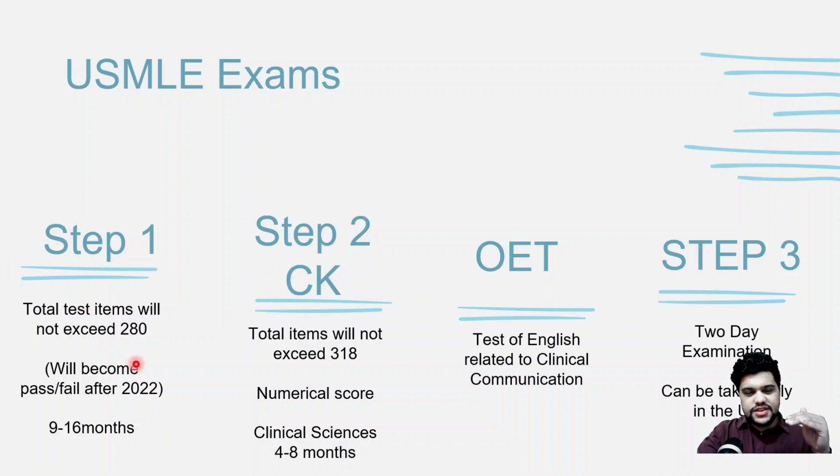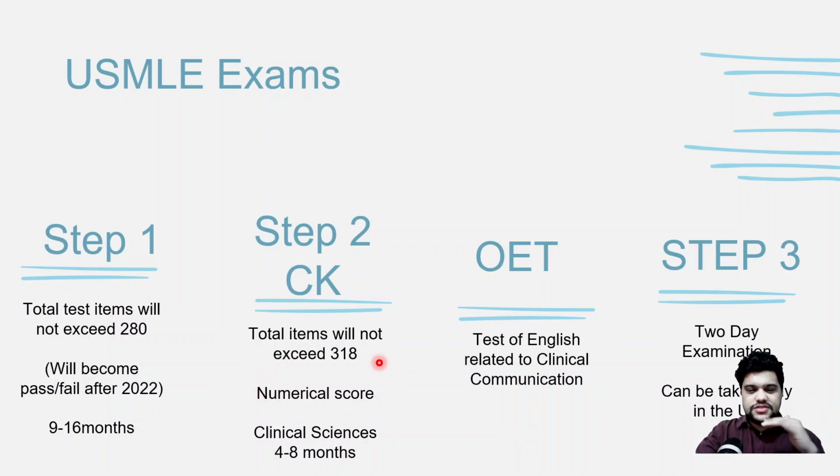All right, so Step 1 is a total of 280 questions, and it'll become pass/fail after 2022. So a numerical score won't be given to you. You will be scored whether you pass or fail the exam. It takes around 9 to 16 months to prepare for Step 1. For Step 2, it takes around 4 to 8 months, and this is all about clinical sciences, and you'll get a numerical score